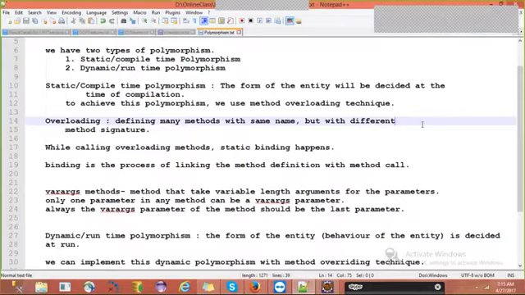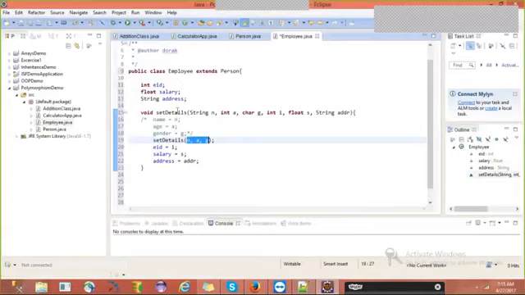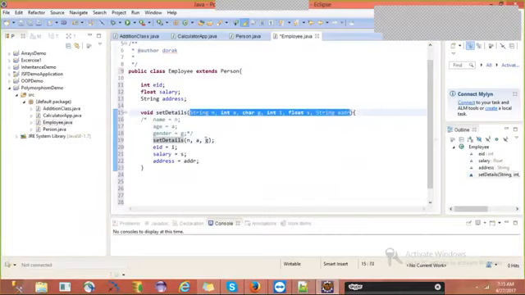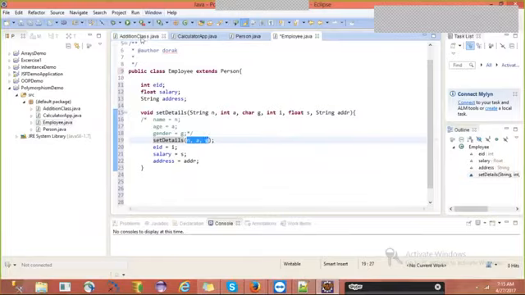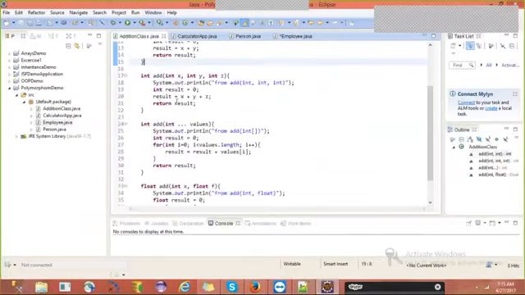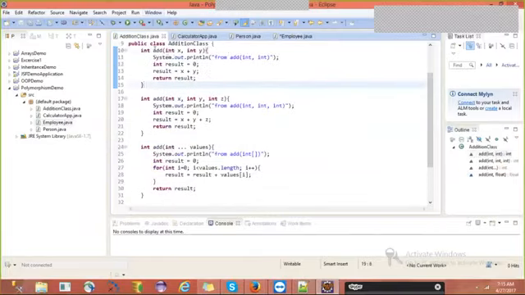Okay, guys, be clear. We have the same method name for two methods, but the number of parameters is different. Here 6 are there, here 3 are there. Just like in our addition class, two methods with the same name add, but here two parameters, here three parameters.